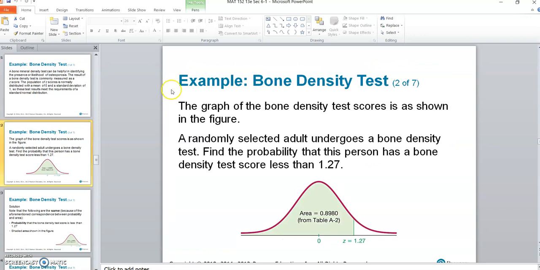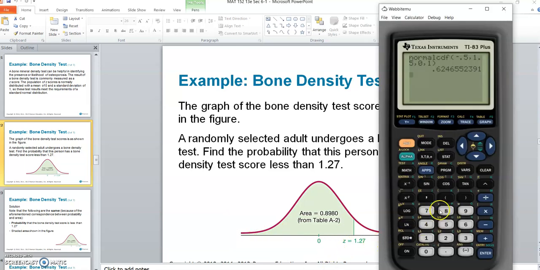Okay, so let's look at this one. They want to know the area here that is less than 1.27. So our upper limit here is 1.27, but our lower end does not have a limit. It keeps going this way forever and ever. And so if I'm putting this in the calculator,